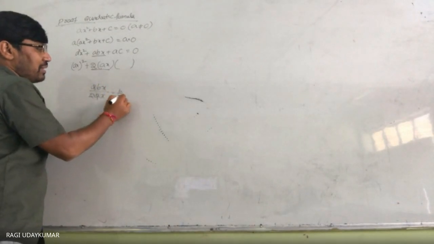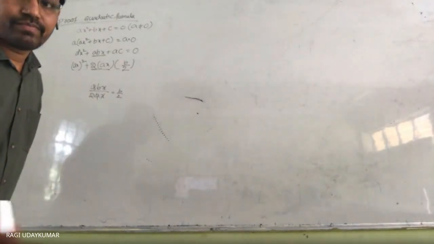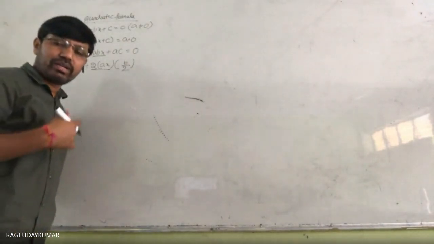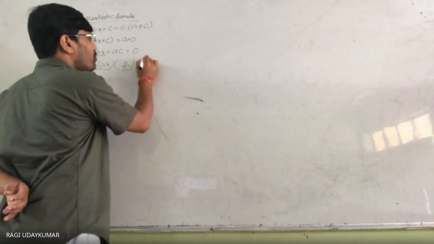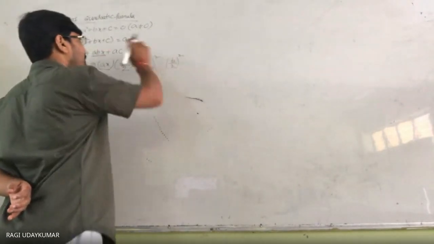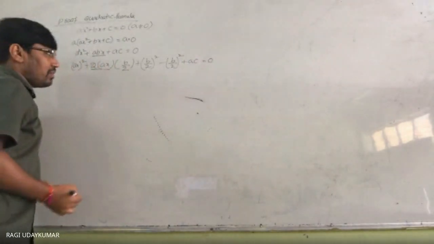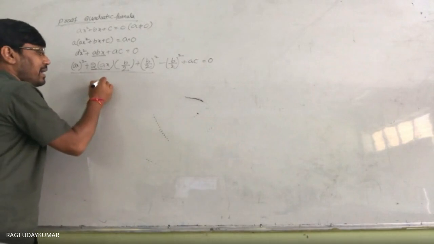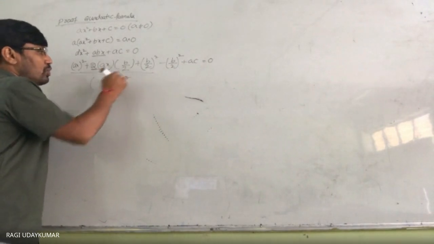We are going to get b by 2. So you can fill here b by 2. Getting the b part only is the main thing here. After getting the b part, then add b by 2 whole square and subtract b by 2 whole square. And whatever the leftover part is there, that you write here, don't forget to write that. Then what is this one here? We are going to get (ax plus b by 2) whole square.